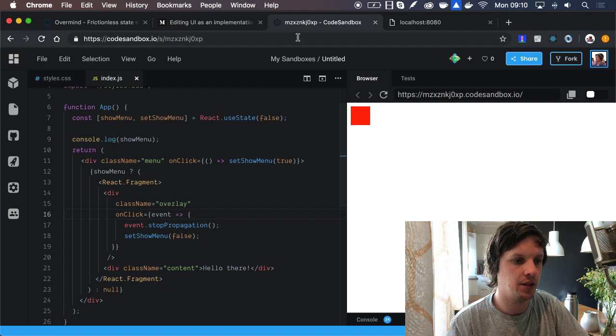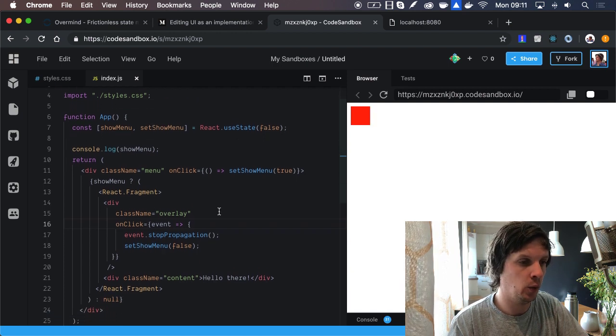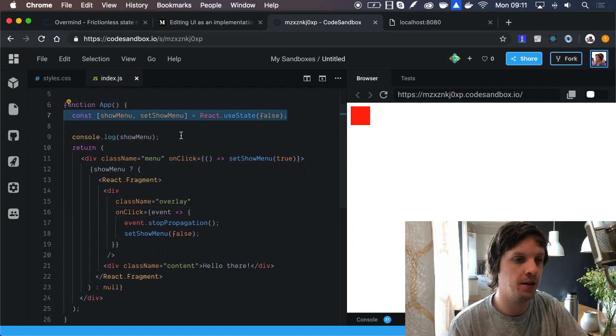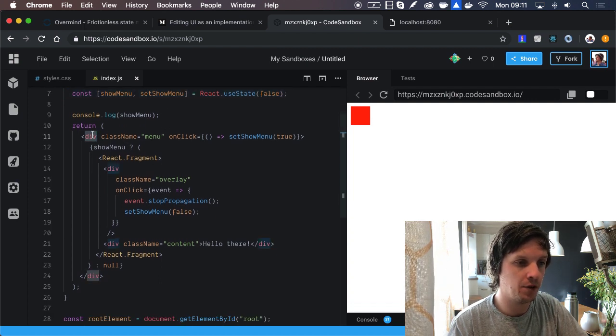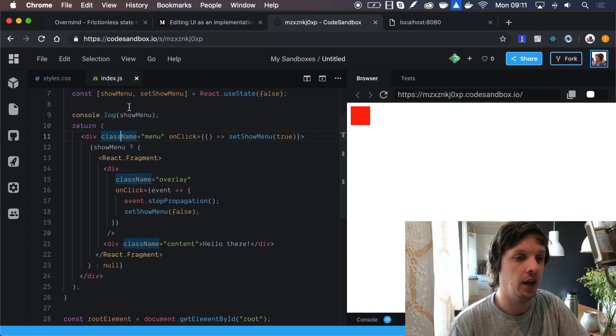And that is this thing. So I can click it, we get the menu there, I click outside, and it closes. But it doesn't close when I click inside it. That's, of course, important. So how does this work? We have some internal state. I'm just doing a simple thing here to show or not show that menu. And then we have one container, which is the actual button that opens up the menu. What's important about that container is that it has position relative, because we're going to put some stuff inside it. That's the only thing really.